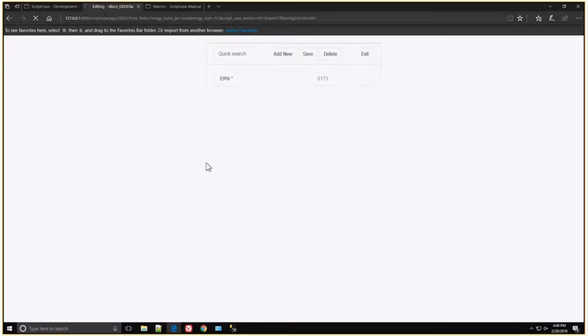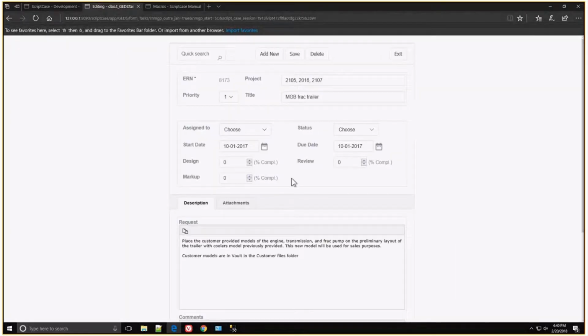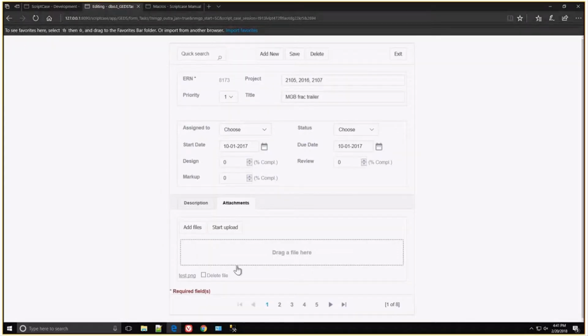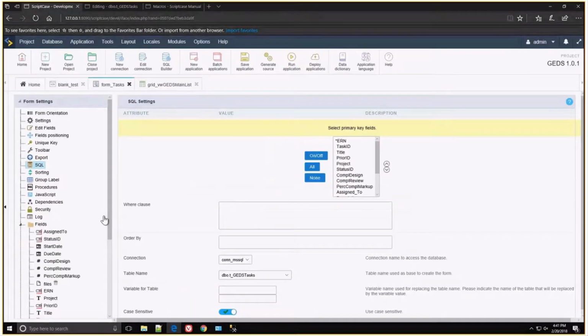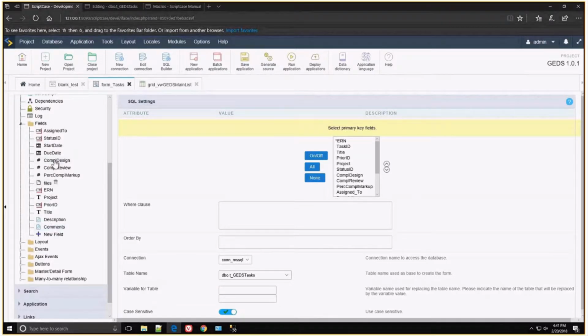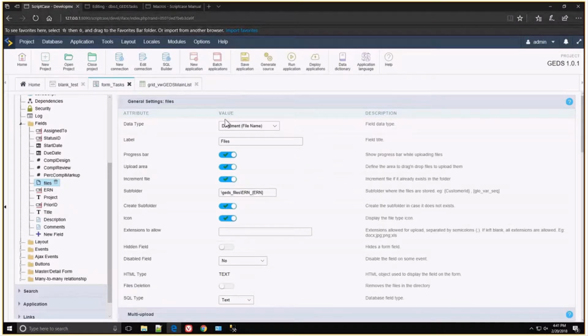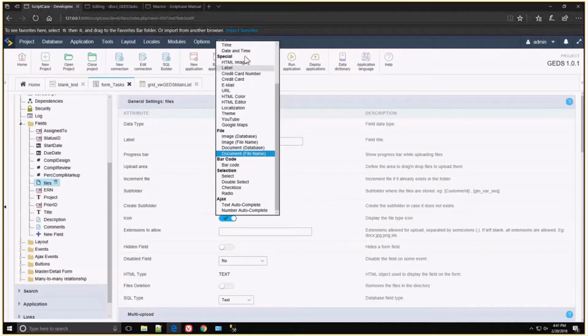And in order to do that, you have to be familiar with PHP. Building this in code takes a lot of time, whereas here it is given to you just by choosing the values. In this case, if I click on files, it's a document type. So we have a lot of different